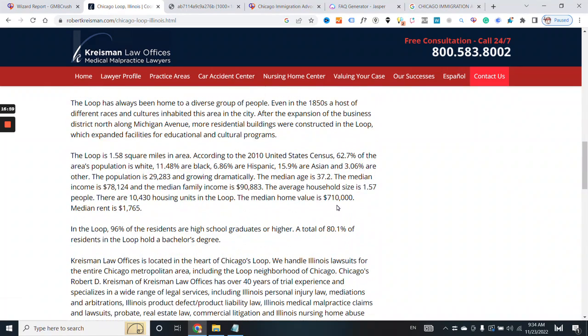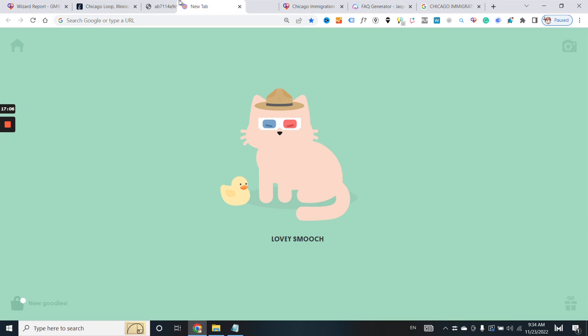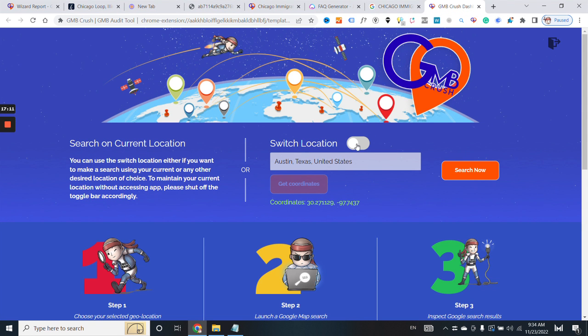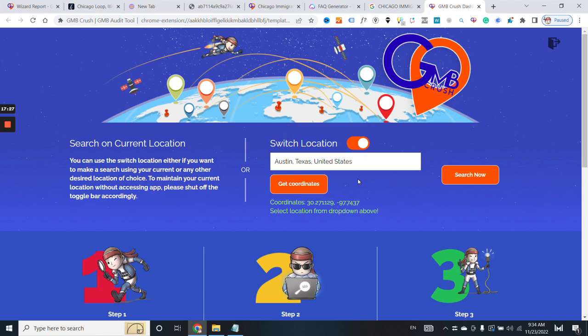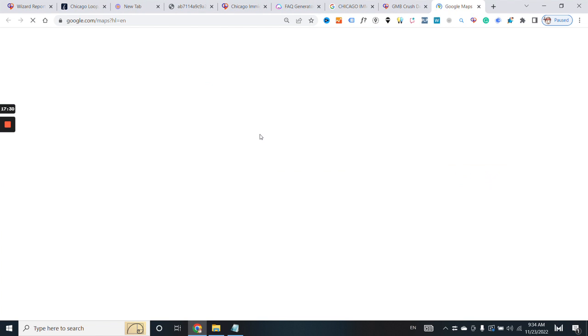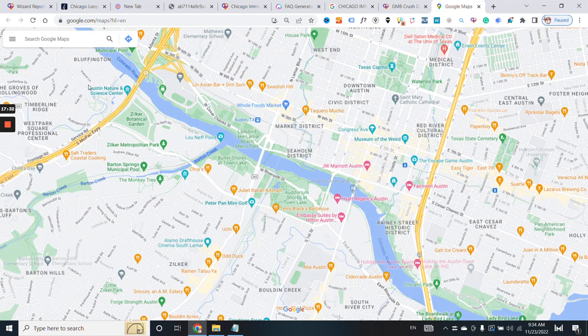What I would like to do also here to empower the location page is you can basically download the GMB Crush free Chrome extension. I already explained this in a previous video as well. And what you can do is type a location here, insert your location, click to get coordinates, and then click again to select and validate the location that you want. Then you can click search now, and you will be redirected to the Google Maps interface,